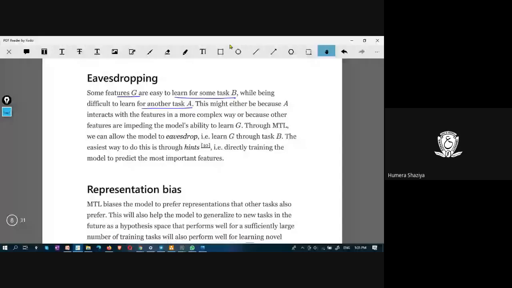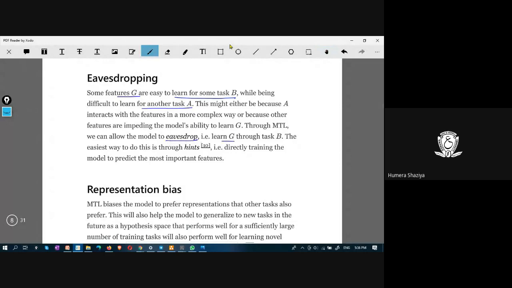There are some features that are easy to learn for some task B, and at the same time quite difficult for another task A. This might be because A interacts with the features in a more complex way, or because the other features are noisy, which affects the model's ability to learn the set of features G. Through MTL, we can allow the model to eavesdrop.